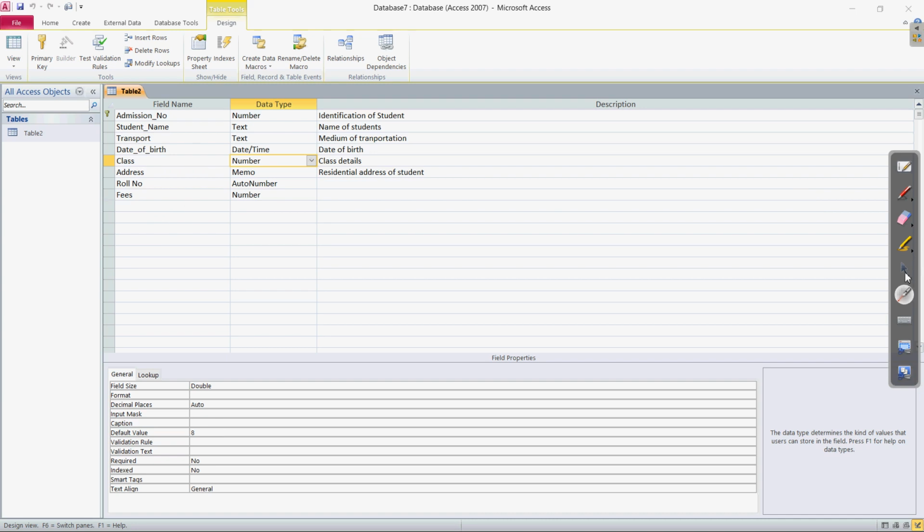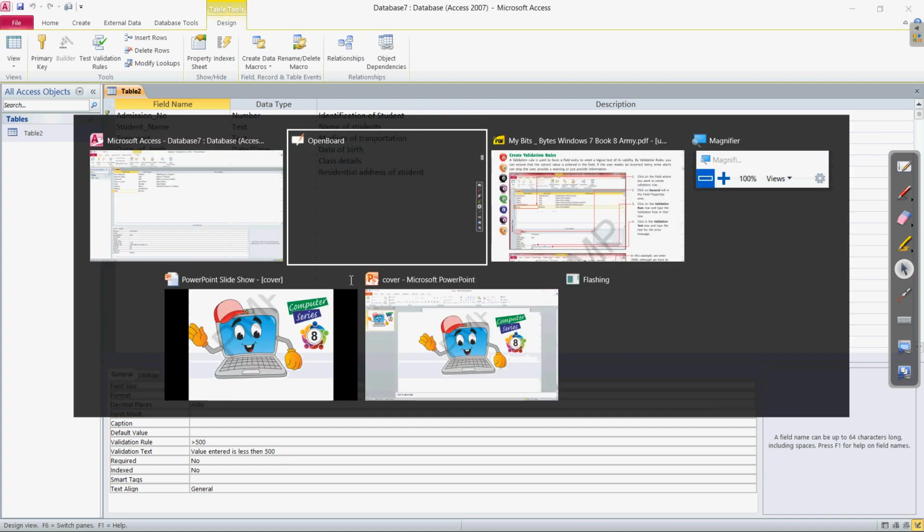So now I hope it is clear what a validation rule is and how we set the validation rule. Clear? Read it from the book also, and if you have a PC at home you can practice it as well. In case you don't have one, that is why I am explaining everything with the help of the software. Those who do not have a PC, and right now we don't have the lab facility either, it is not a thing to worry about. We are covering all the things so that it will be clear for you.